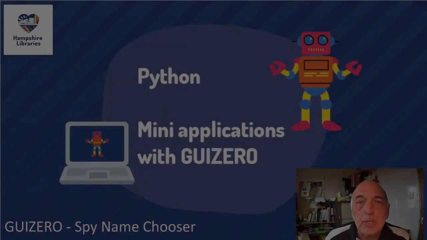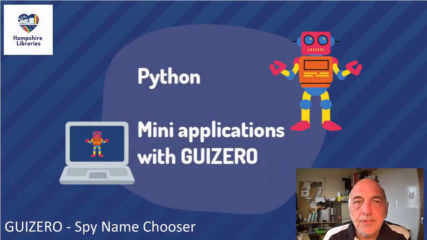Well, that's all there is to this week's exercise. Feel free to experiment with different colors and different fonts and different names and see how silly you can make them. And don't forget, you can fiddle with the background color by doing my_app.bg and put the color in. And if you look at the code you wrote last time, you can see how you can change other attributes as well. Okay, see you in the next video, which is going to be